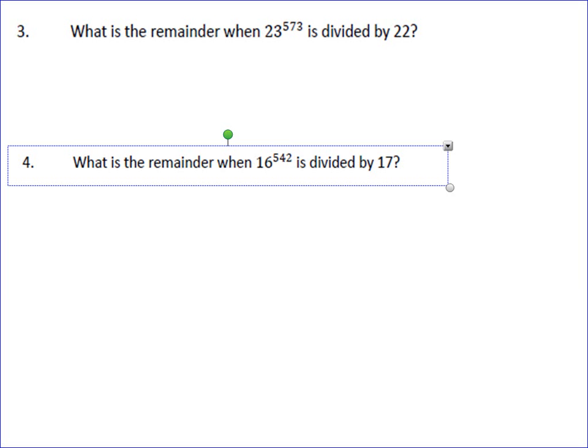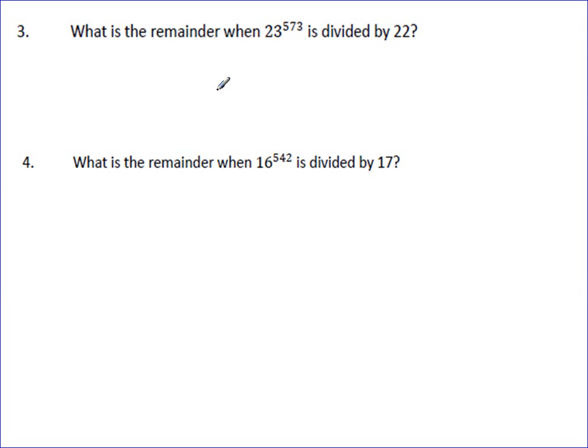3, similar type problem, except this one's a little different, and this one's actually similar to the last one, but even easier. 22 is just equivalent to negative 1 mod 23, right? 22 mod 23 is the same as negative 1 mod 23. Well, if we raise that to the 573, that is going to give you negative 1, right? Because a negative 1 to an odd power just gives you a negative 1. And so our remainder is equivalent to negative 1 mod